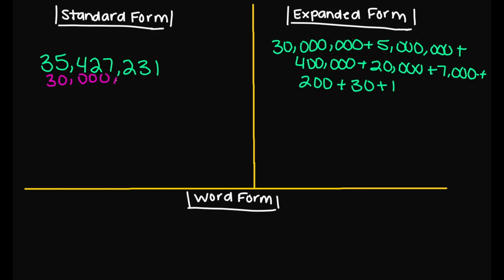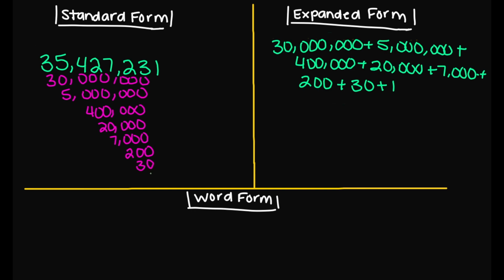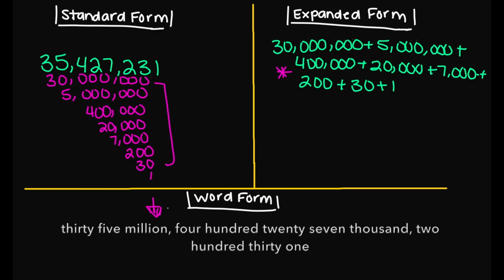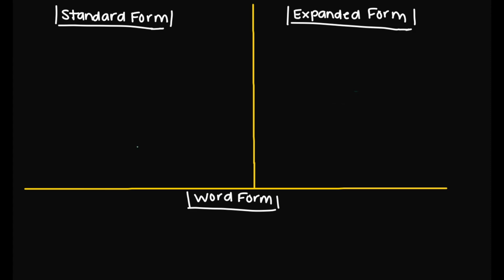So you have your 30 million, then 5 million, 400,000, 20,000, 7,000, 200, 30 and then 1. This is your expanded form, which is what we have here on the right side. And if you were to write this in word form, you are going to get 35,427,231. So let's say, for an example, that your word form is